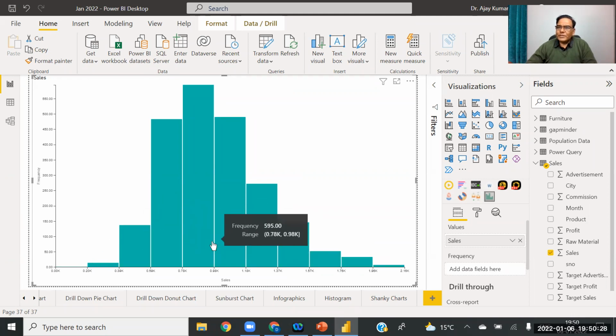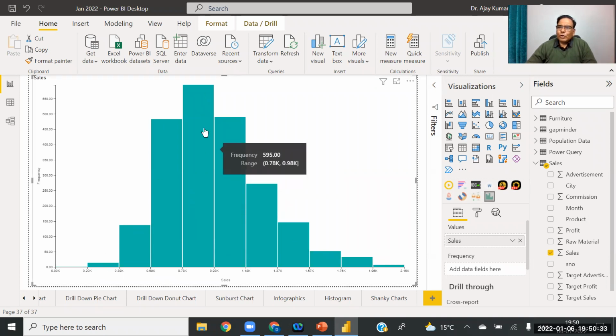So you know that frequency distribution. It is a kind of distribution of the variable. So you can use sales, profit, and what else can we do here?